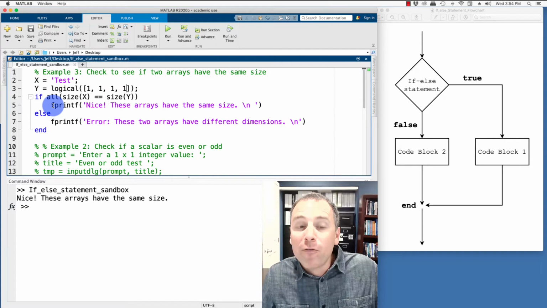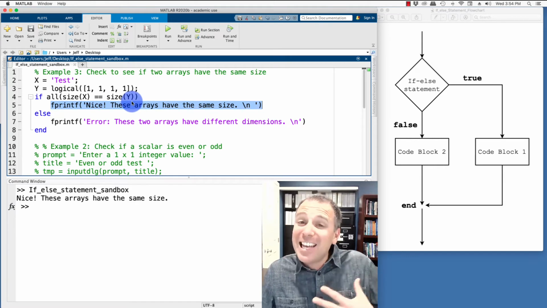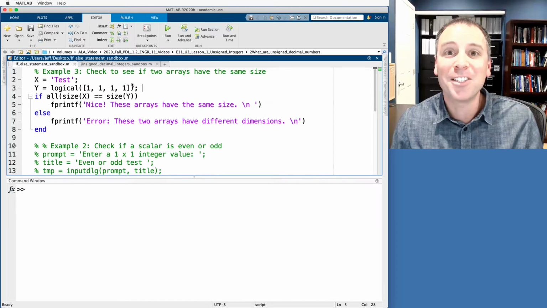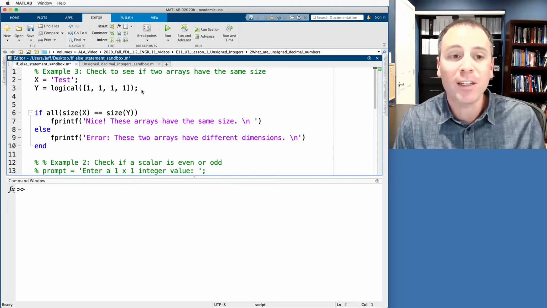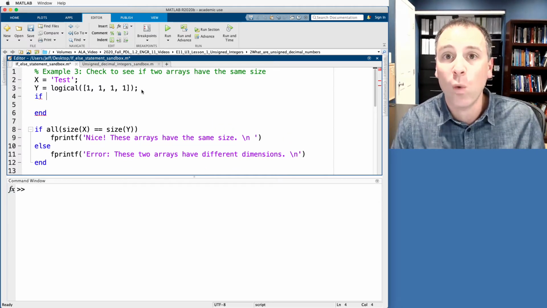So in the first case, the size of x is identical to the size of y, both in the rows and columns. So we actually evaluate this body of code. But that's not really what I wanted to do in this situation, at least in my mind. What I wanted to do is compare the sizes of two numeric arrays. To do that, we'll add another if statement. This if statement is going to be designed to test whether or not the input variables are doubles. Specifically, let's go ahead and write if and then end. This is going to be a simple if statement, so only one condition inside the body of this if.